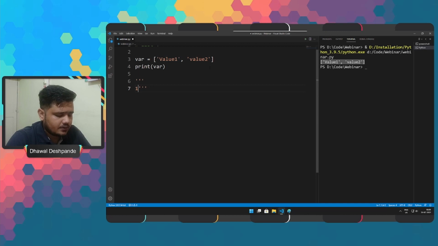Second thing is they are changeable. We can change those values while we are using a list. And lists do allow us to provide duplicate data.